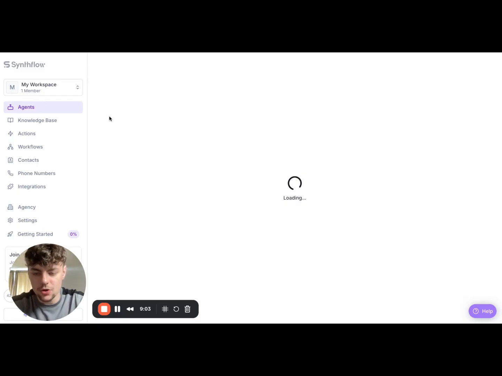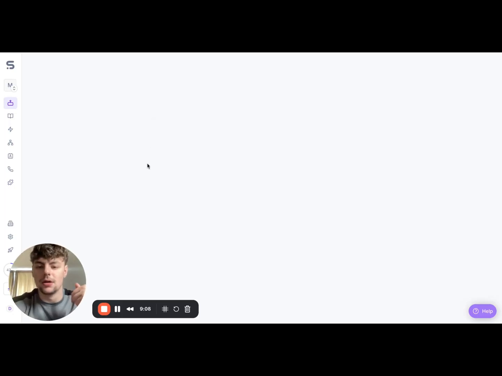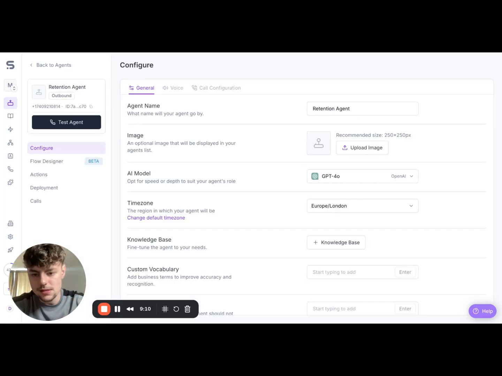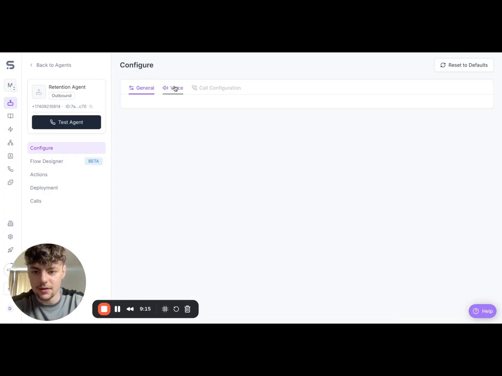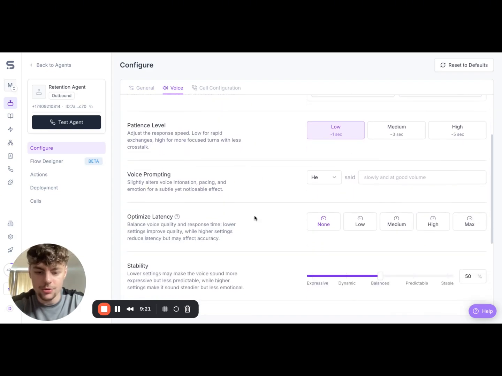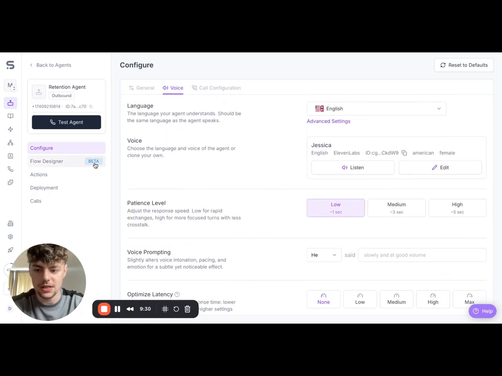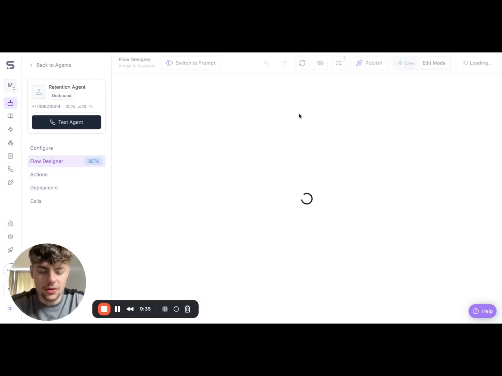So if I come into the agent, I'll show you the prompts for this. The prompts should be linked below to get them. You've got voice settings here, and you can choose your voice. You have the patience level low, and optimize latency I'll have as on. I haven't played around with these as of right now. I have with other callers, but with these callers I've kept it the same, and they still sound pretty good. But if I come to the flow designer now,